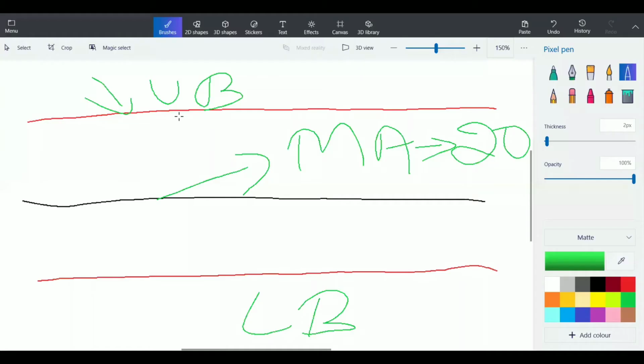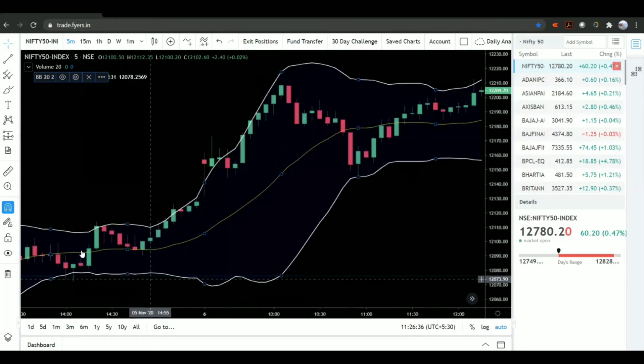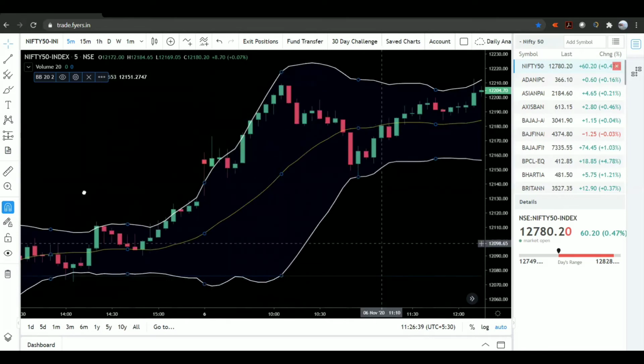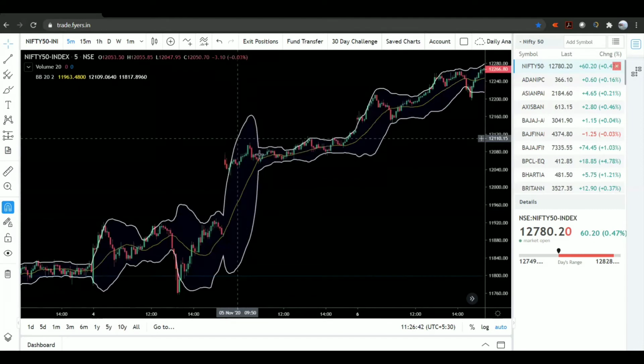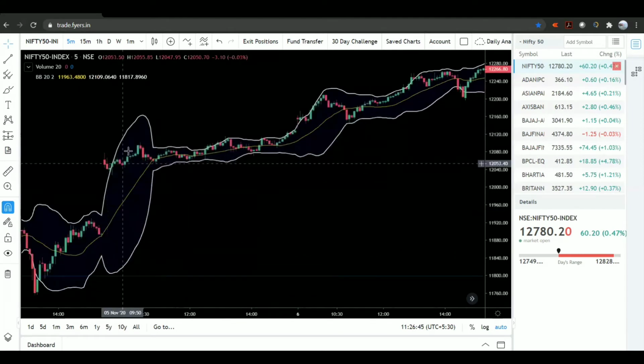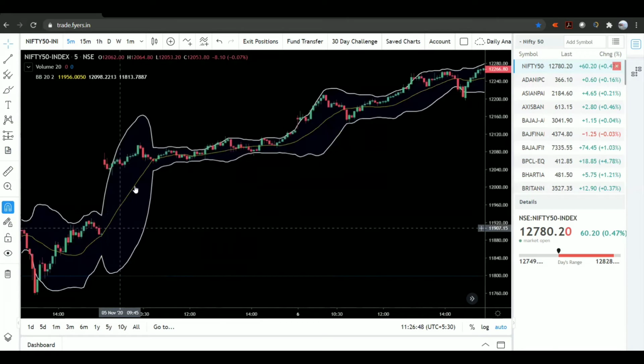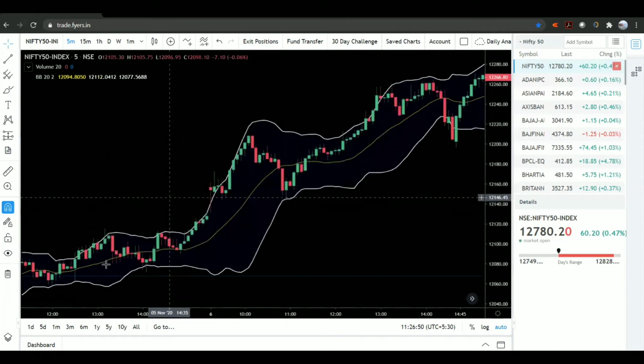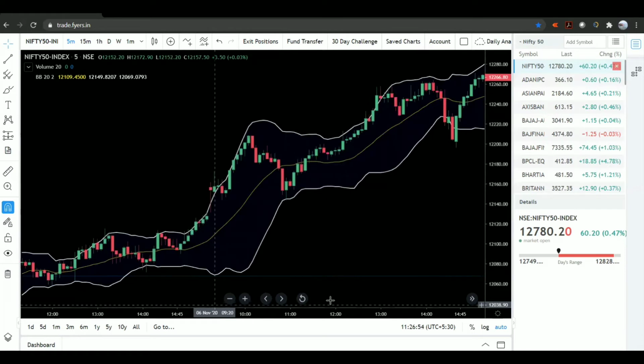Okay, now you saw something called mult there. That is also called standard deviation. This deviation is decided by the movement of the market. The more the movement, the bigger the gap will be. The lesser the movement, the gap will reduce. I'll just show you that. See here, the movement, if you see, it is huge momentum. If you see this part, the momentum gap up was there and then it moved. So this band widened, and now if you see here, the band again squeezed. So the lesser the momentum, the lesser the range.